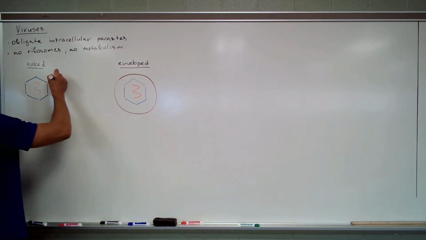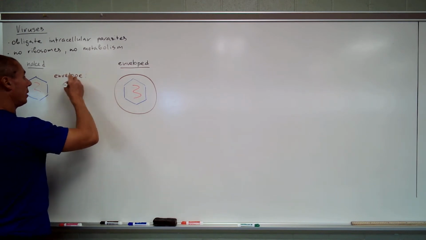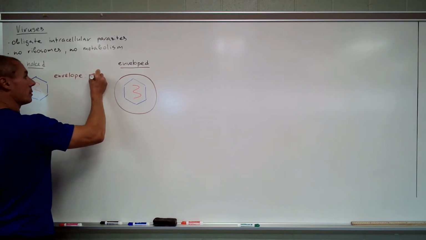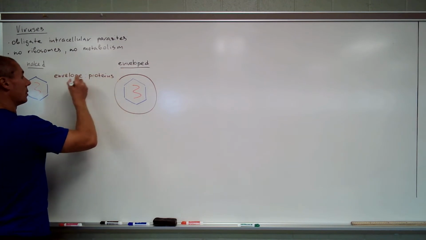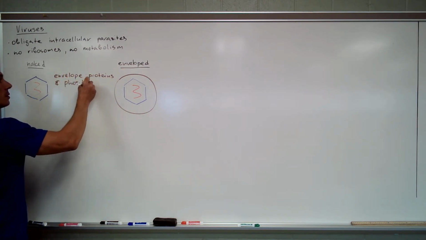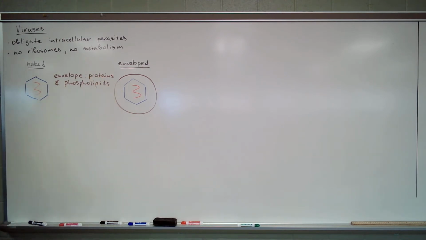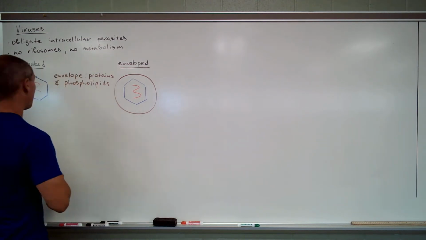So envelope is made up by viral proteins and phospholipids. You remember phospholipids are components of the cell membrane. So essentially a virus, when it leaves the cell, steals parts of the cellular membranes, whether it's a cytoplasmic membrane or Golgi or endoplasmic reticulum. Capsids